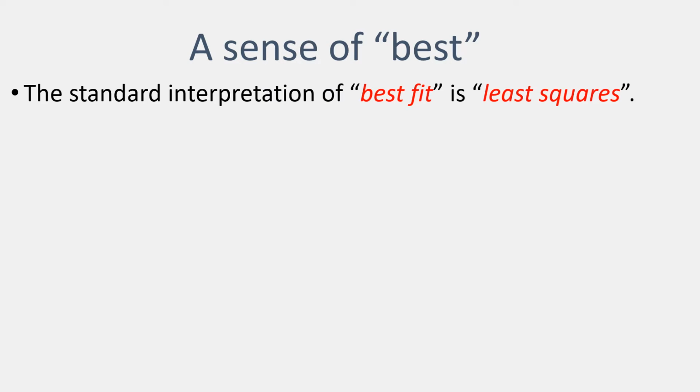So before we can continue to look at this, the first thing we have to do is to establish what we mean by the best fit. Now, the standard interpretation that's used in this area is an idea called least squares approximation. So the interpretation is that the best fit line, the best fit function, is the one that satisfies this minimizing least squares criterion. So what do I mean by that?